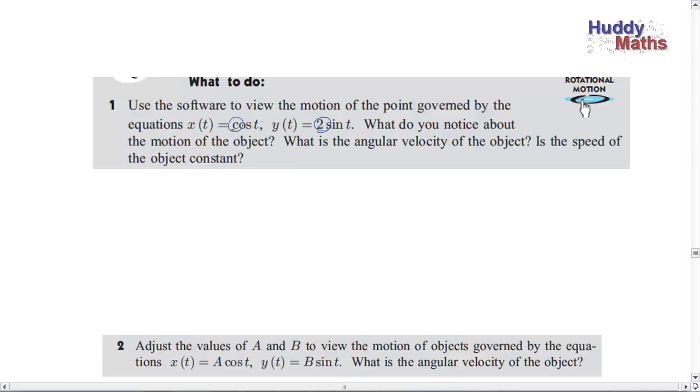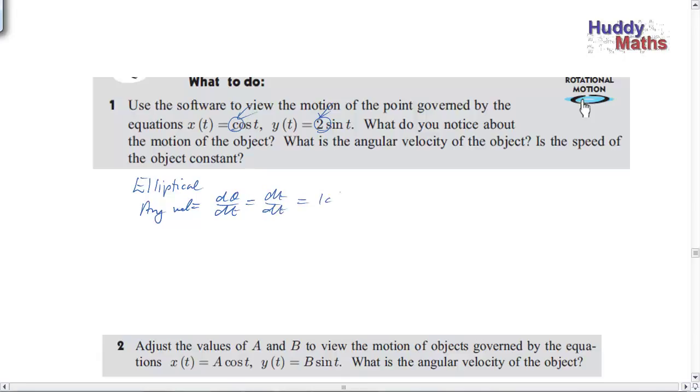Okay, so what do you notice about the motion? The motion is elliptical. The different values here are going to pull it away from being circular. The angular velocity this time is d theta by dt, and d theta by dt will now be